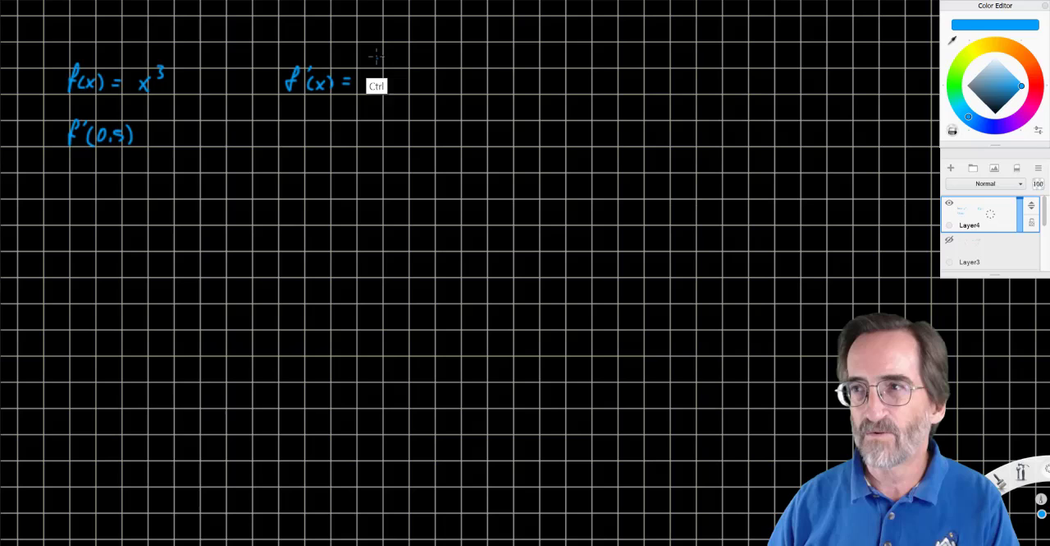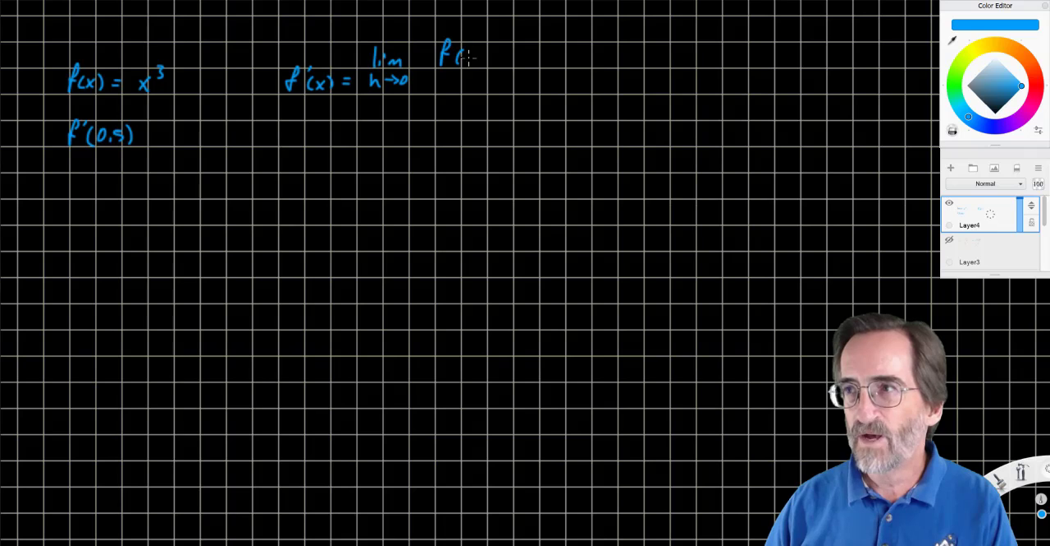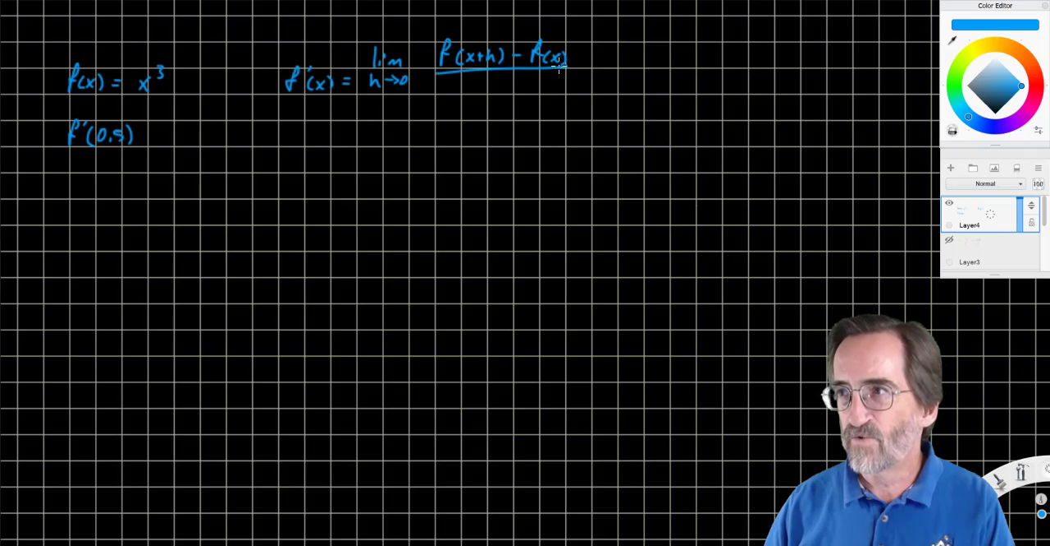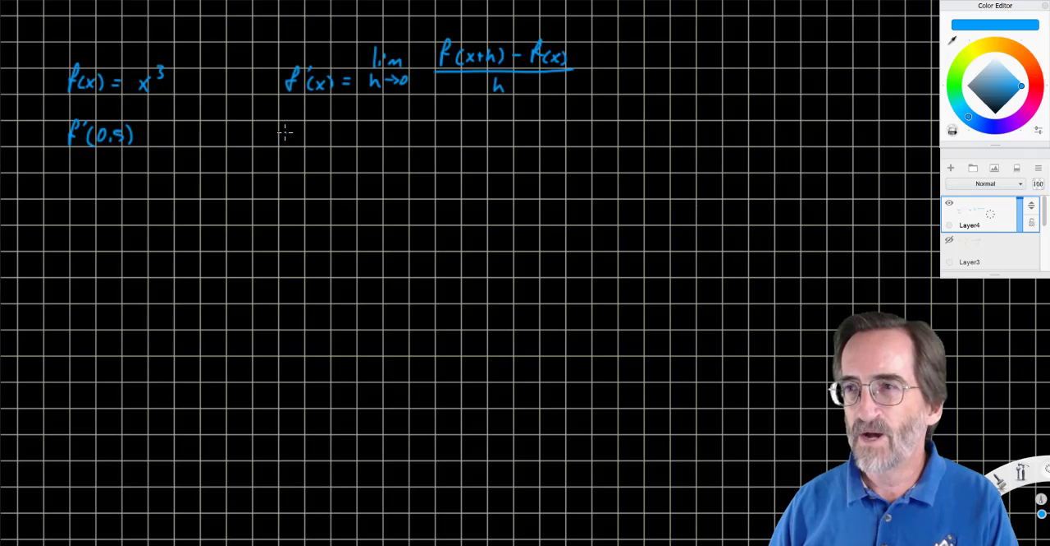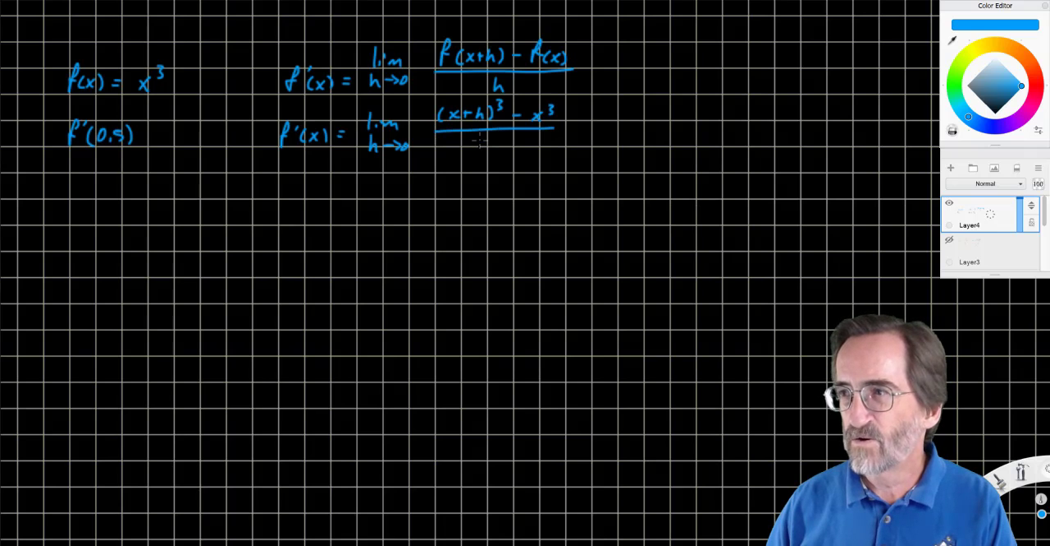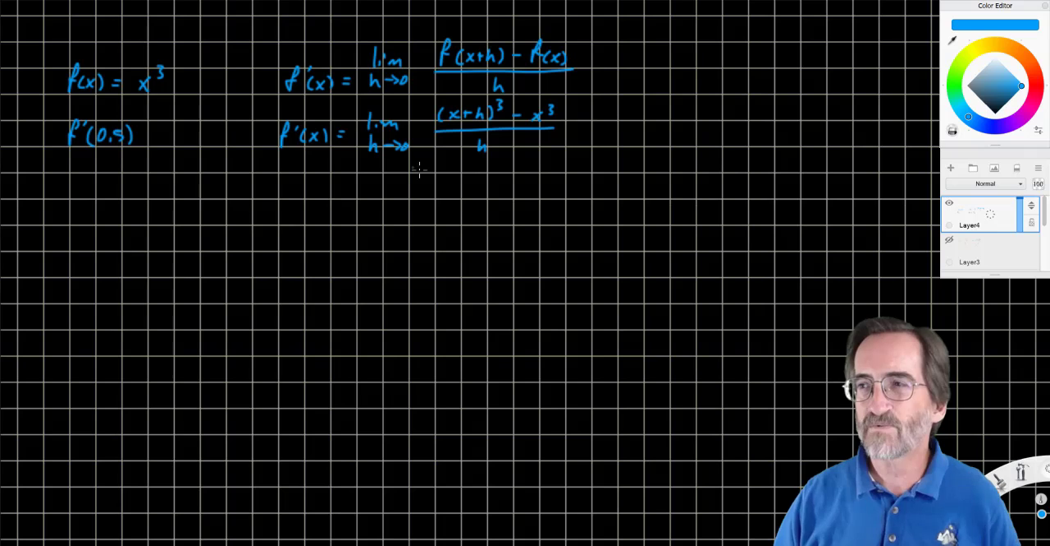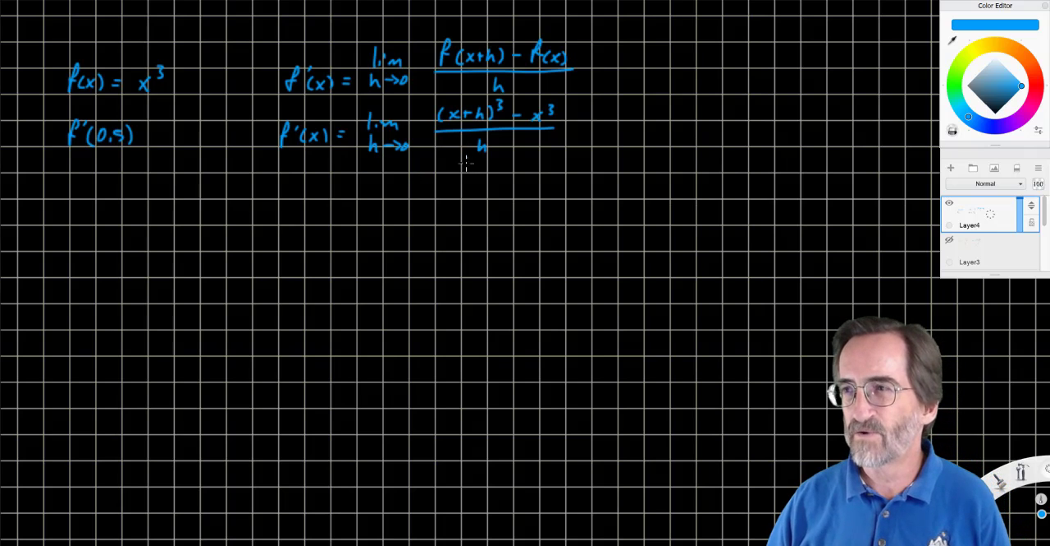the limit, always forget to write the limit, as h approaches 0 of f of x plus h minus f of x over h. Okay, and now let's plug that in. f prime of x equals the limit as h approaches 0. f of x plus h is x plus h cubed minus x cubed over h. Okay, and I'm going to forego writing the beginning stuff here, and I'm just going to do some